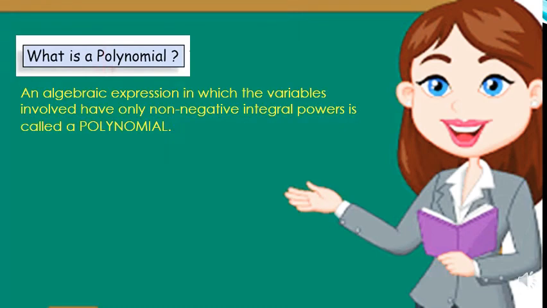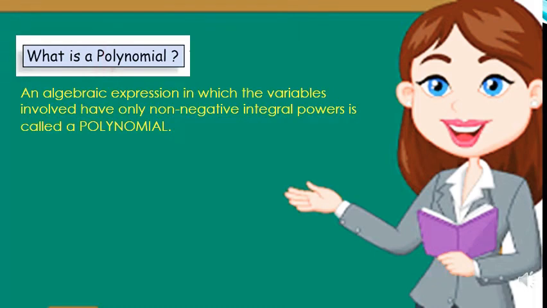Hope all of you know what is the meaning of non-negative. Non-negative means positive. And what do you mean by integral? Integral means it is about integers. What are integers? Integers start from 0 followed by plus or minus 1, plus or minus 2, plus or minus 3 and so on. So all the whole numbers starting from 0 and from 1 it is going to be plus or minus. All these come under the group integers. So here you should be knowing what is the meaning of integers and non-negative.